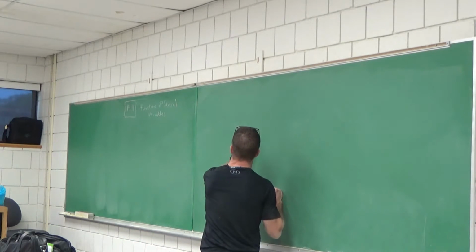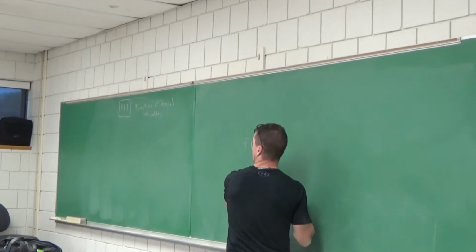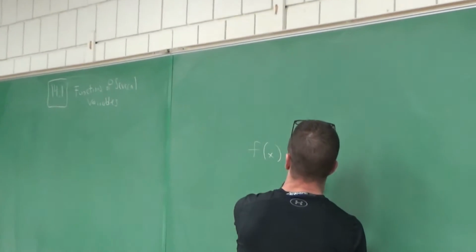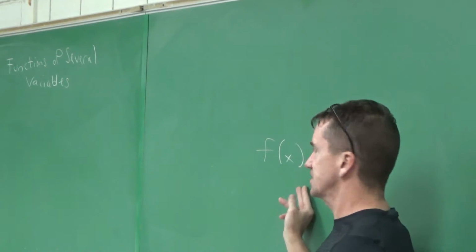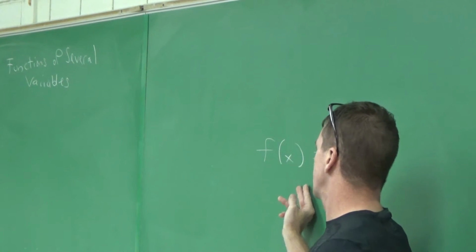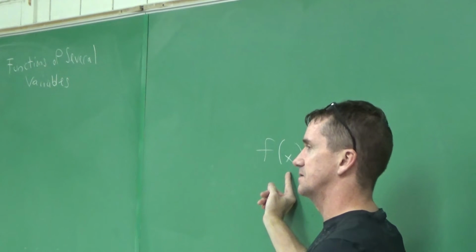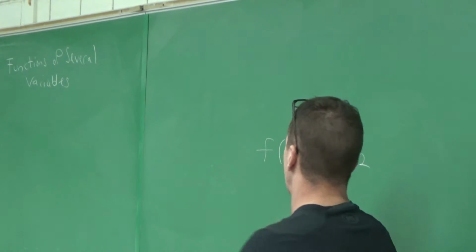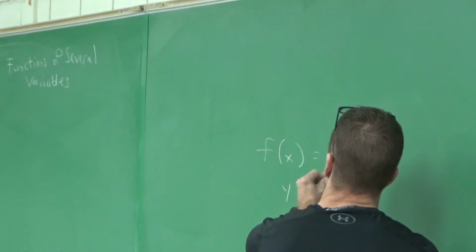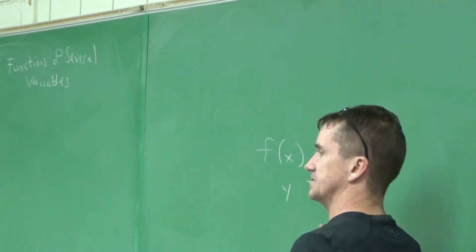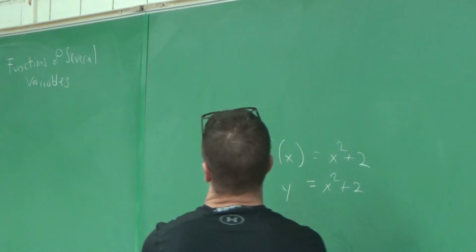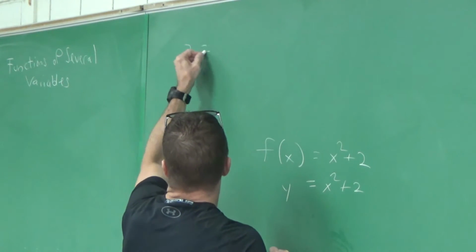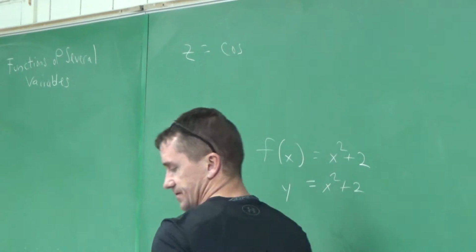We used to do what? Function f of x equals x squared plus 2, previous to this section. What letter is f of x? Y. Y, okay. But y is only a function of how many variables? 1. One, x, right? So today we're going to see stuff like z equals something like